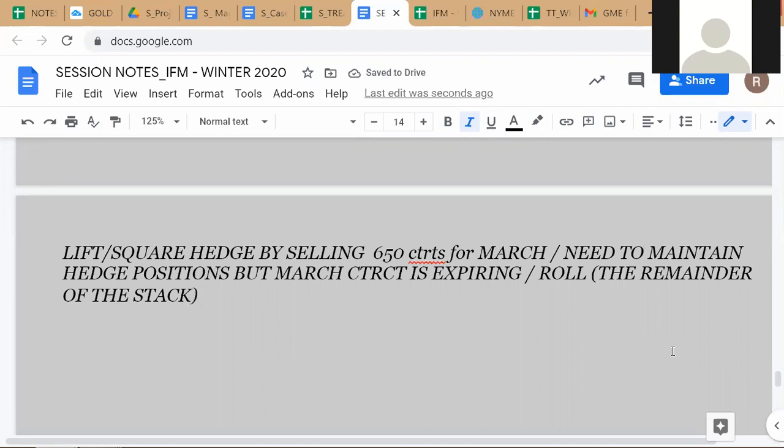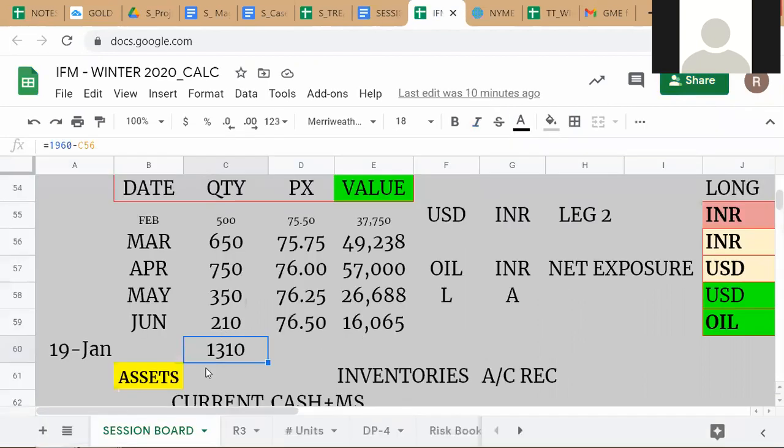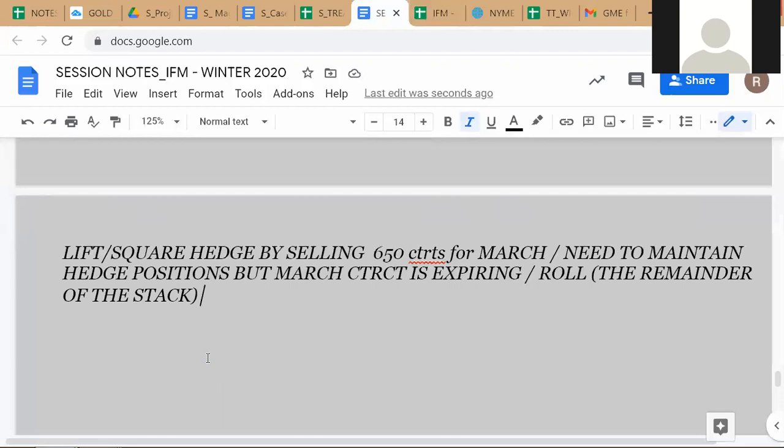Roll means you push it, take a carpet, roll it, and move the location of the carpet. So this is what you're doing. You're rolling the remainder of the stack. What is the remainder of the stack? 1310. How will you roll it? What is your existing position? This is to be done by what we call a futures intra-market